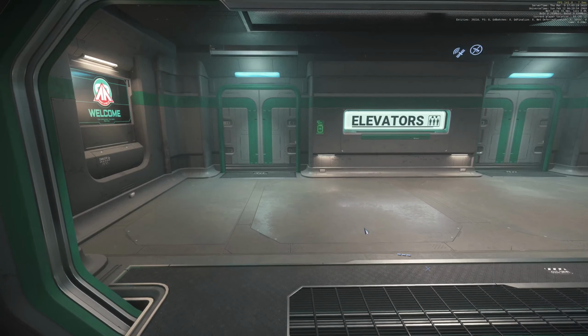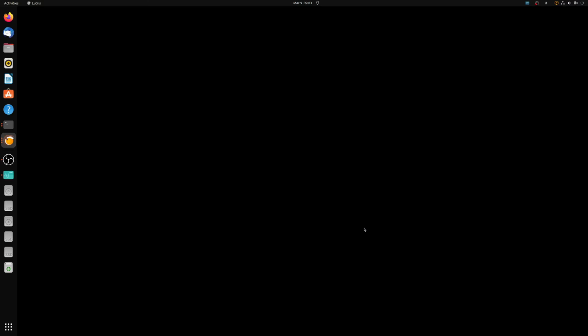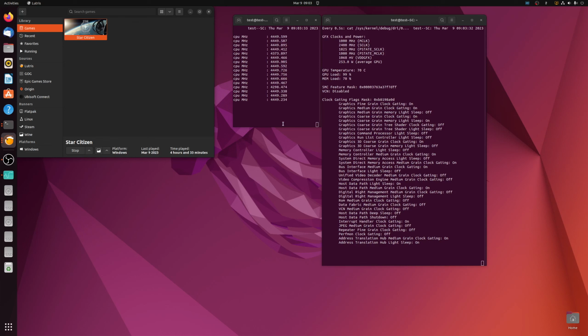All right, let's jump out of this real quick. And you can see with it still running in the background, every core is pegged at its max, as well as the GPU is pegged at its max. Again, we should see 300 watts, but with kernel 5.17 in 22.04 and up, it ignores any commands to go to the